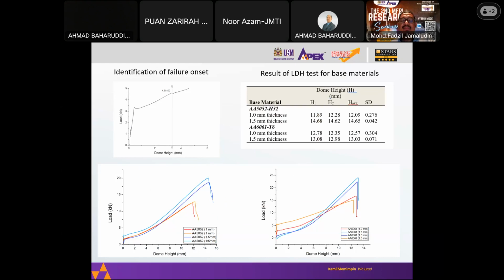From the results of the test for the base material, you can see that for the 5 series and the 6 series, the height reaches from 11 mm to around 13 mm based on the thickness. And you can see a clear onset of failure. But for the welded specimen, if you look at the top left corner, the onset of failure is not so